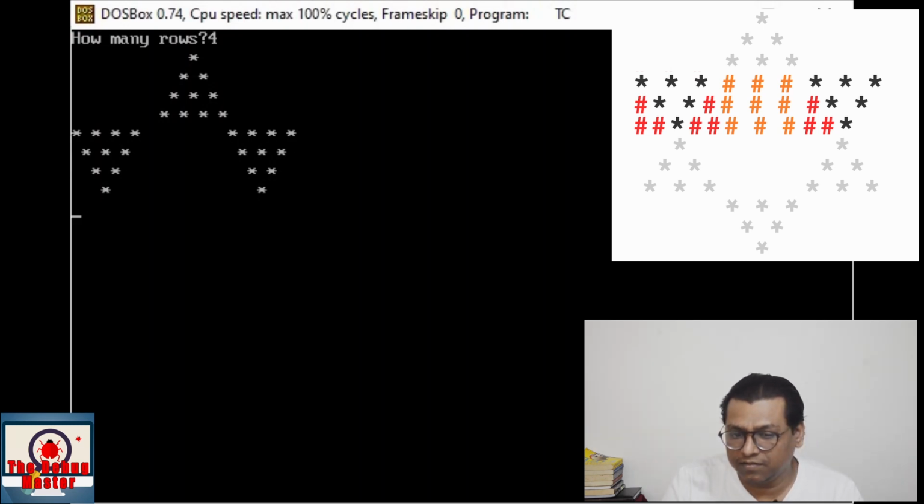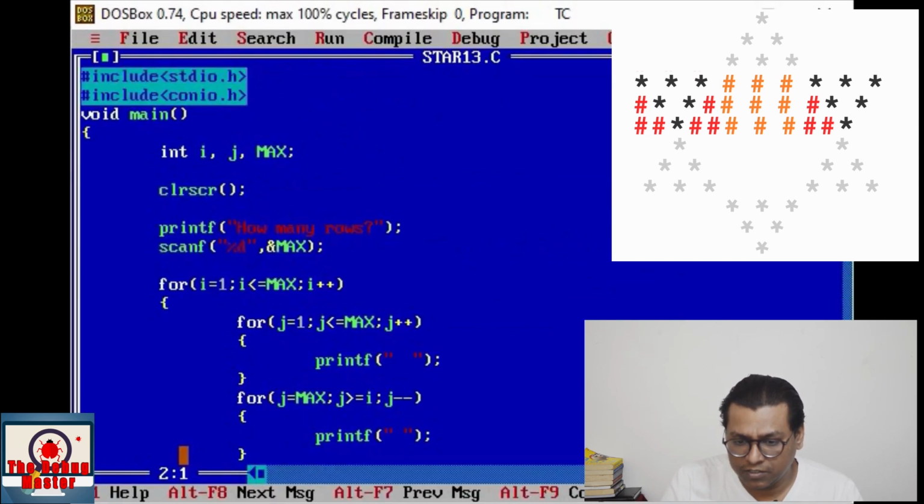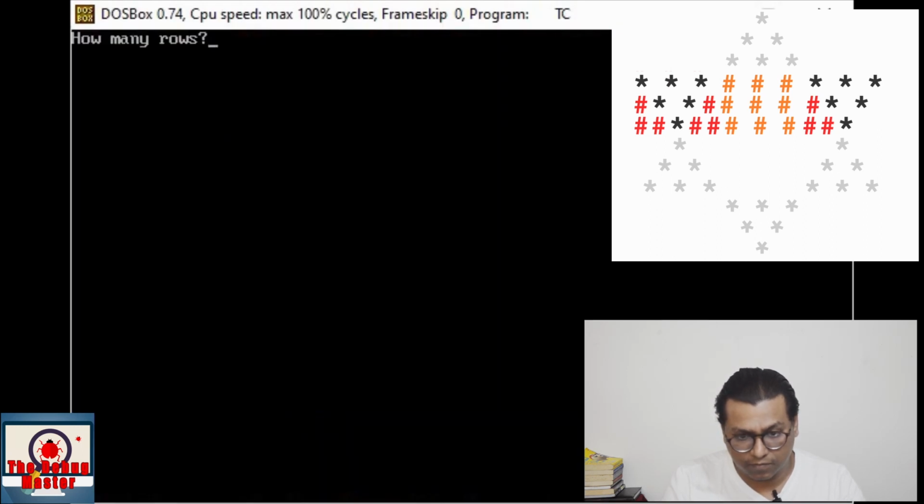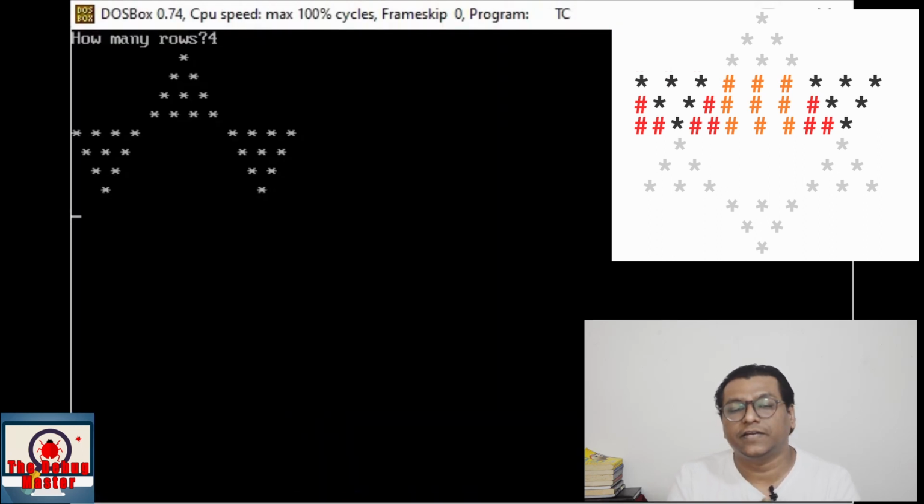See friends, there is a slight difference in the first pattern. How we can remove it? We can simply skip one iteration over here, possibly this equal to condition. You can skip this, save it and run it. Yes, right. The equal to condition was ignored in the first part.